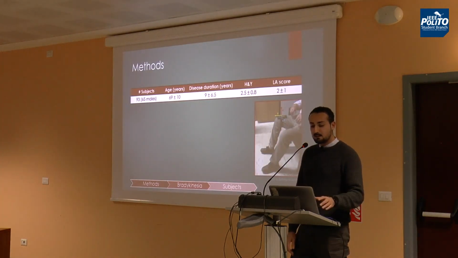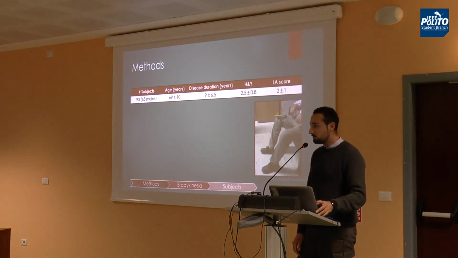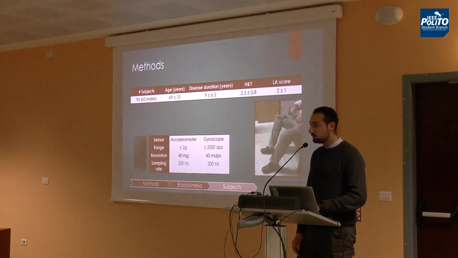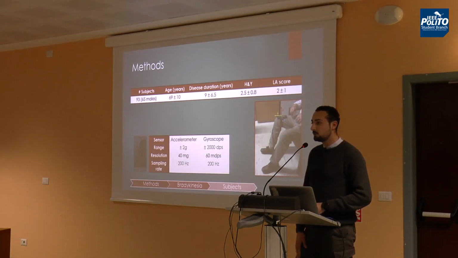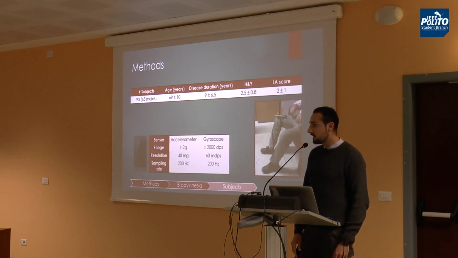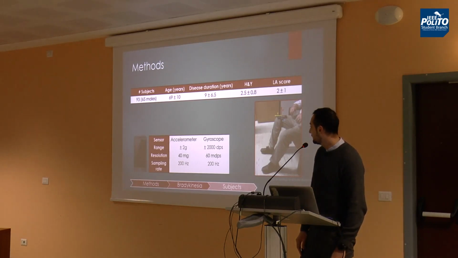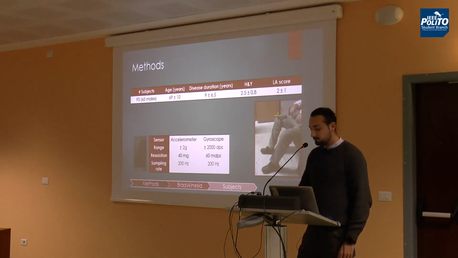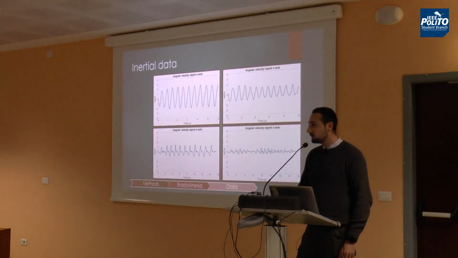So in this case, 93 patients with Parkinson's disease were recruited. A single smartphone was used for recording data. The smartphone was attached to the subject's thigh, and subjects were asked to sit in a comfortable position on a chair and to rise and stamp each foot at least 10 times, as fast as they can and as high as they can. And then this is an example of the data we have to analyze.